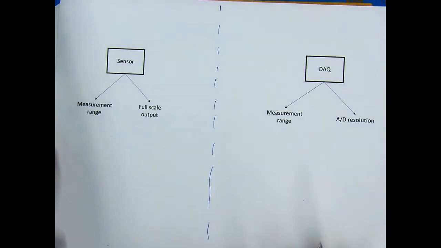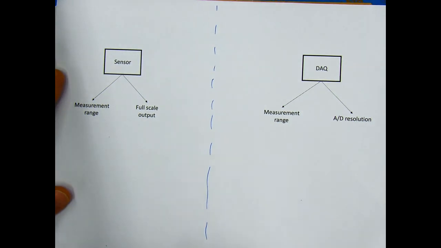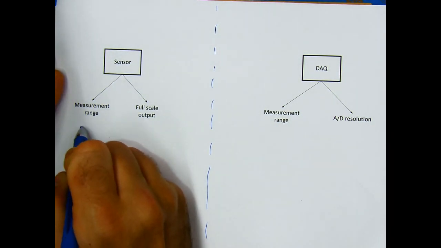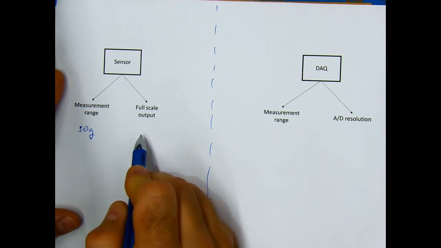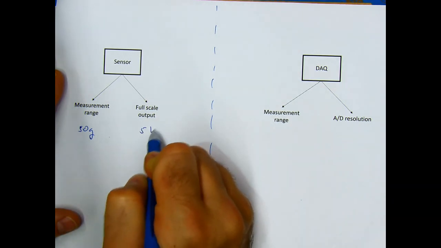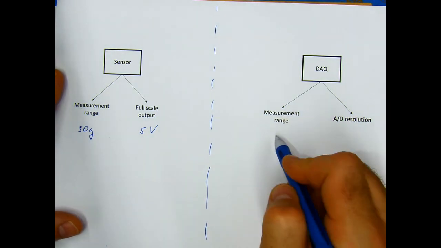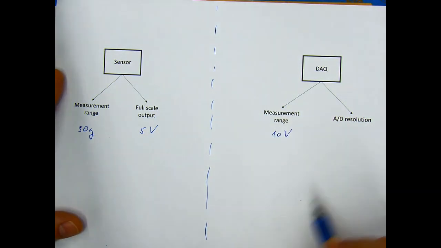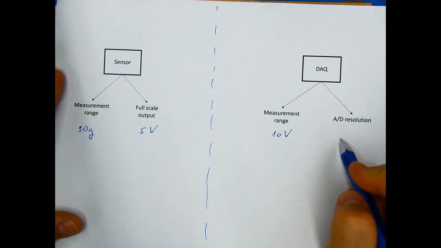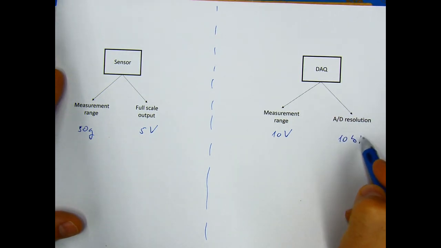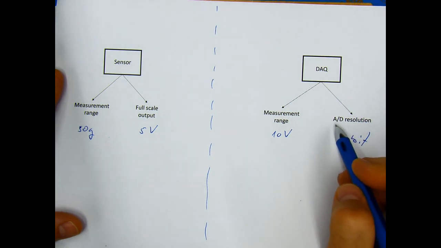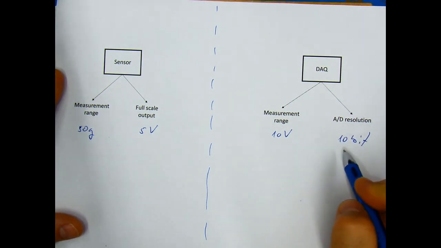We'll do the example of our accelerometer, which has a measurement range of 50G, which is translated to the full scale of 5 volts. In the data acquisition, let's say your measurement range is 10 volts, and your A to D resolution is 10 bits. A to D stands for analog to digital resolution. And the meaning of 10 bits is that your measurement range is divided into 2 to the power of 10